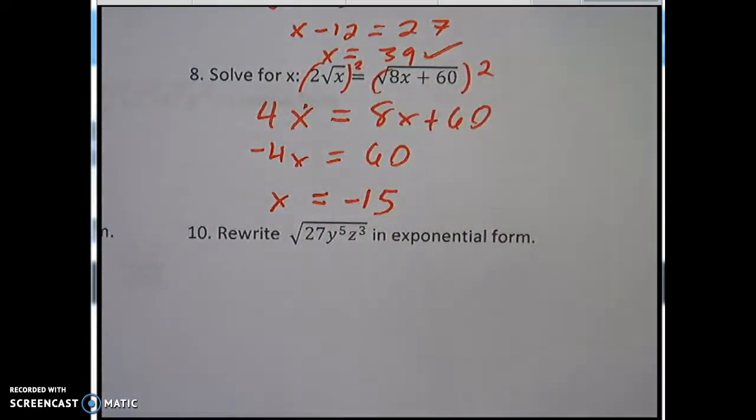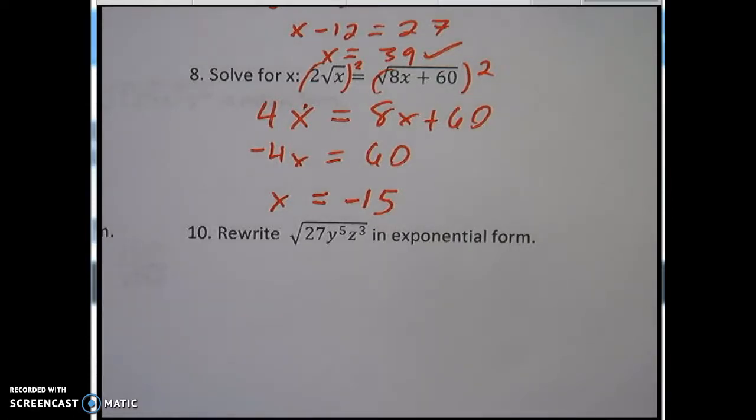But we need to plug it in to make sure it's right. And when you plug it in, you've got 2 times the square root of negative 15. And then you've got negative 15 times 8 plus 60, which is the square root of negative 60, something like that. But it doesn't matter, because over here when we got 2 times the square root of negative